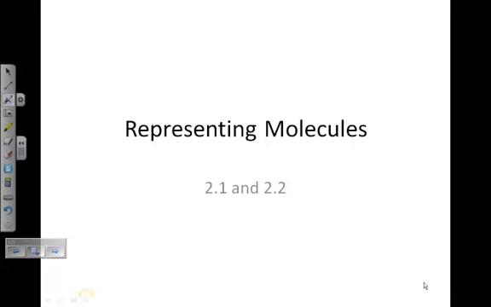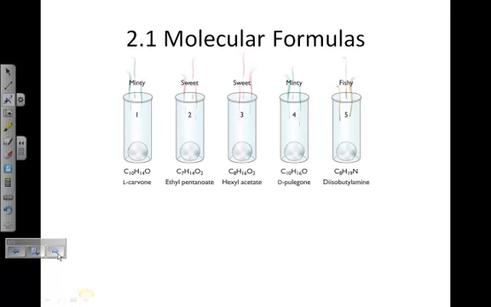Representing molecules, sections 2.1 and 2.2. You notice in section 2.1 that we're trying to find the patterns that exist between molecules that have similar smells. Notice for a minty smell, vials 1 and 4, they both end with one oxygen atom and their names end